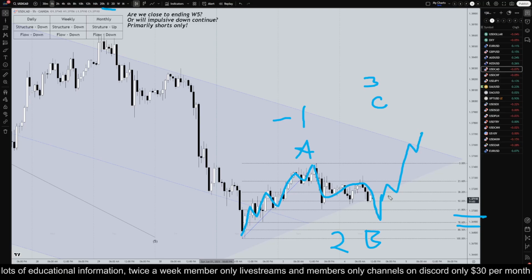So it's up to you whether you want to try to counter trend trade it. I definitely am looking for shorts, but if it does decide to change directions, I'll be more than happy to start looking for